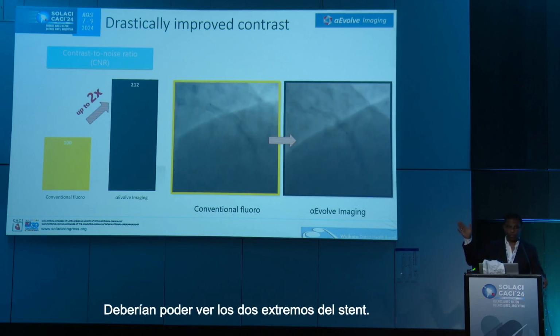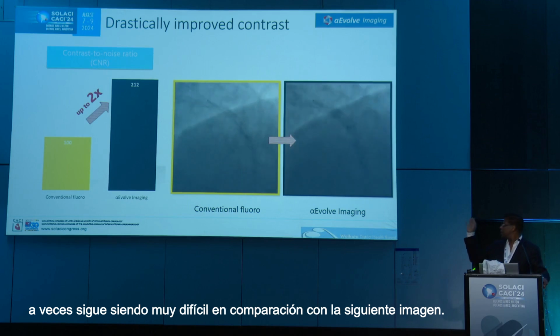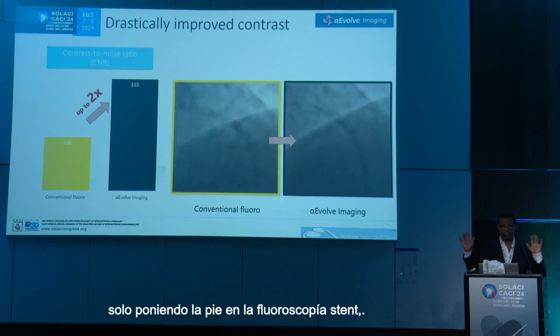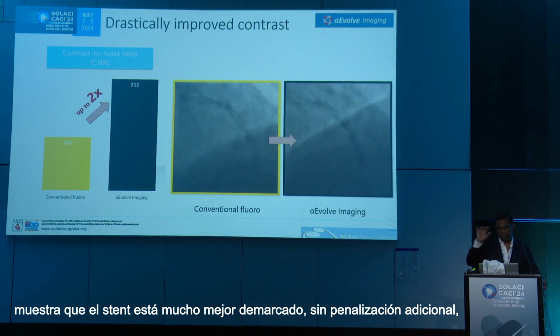It's a create stent, so you should be able to see the 2 ends of the stent. But on the fluoroscope, when we try to post-dilate, sometimes it's still very difficult. Compared to the next image, this is just a fluoro. Haven't done any stabilization of the stent, just putting your leg on the fluoroscope. The artificial intelligence image, you can see the stent is much better demarcated for the no extra penalty, no extra